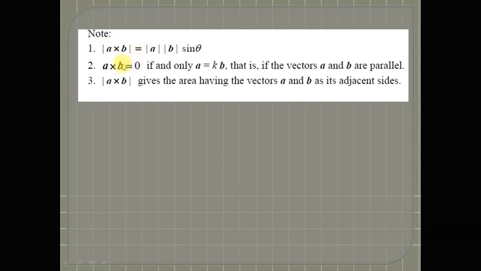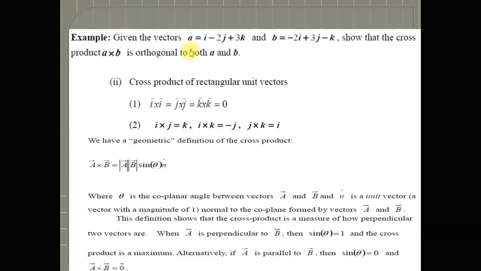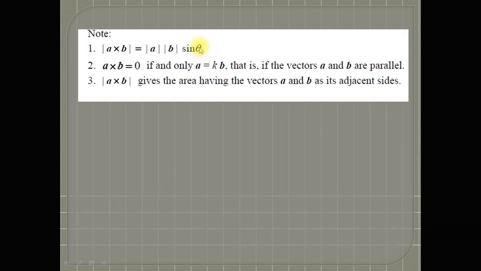Now, I have already told you that the magnitude of A cross B is equal to the magnitude of A times the magnitude of B times sine theta. In this definition, A cross B is equal to |A||B| sine theta n cap. But where is the unit vector in this expression? Because we take the magnitude on both sides. So the magnitude of A cross B is equal to |A||B| sine theta times the magnitude of n cap. The magnitude of n cap is 1 because n cap represents the unit vector. So the magnitude of A cross B is equal to |A||B| sine theta.